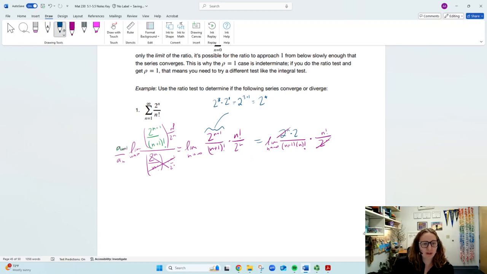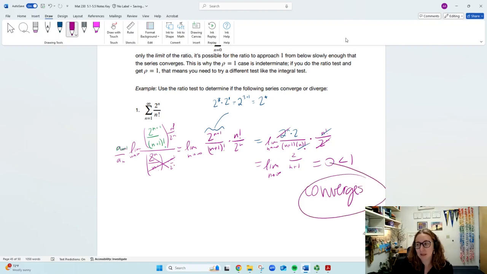And you can hopefully start to see that those will cancel out, and I will be left with my limit as n is approaching infinity of 2 over n plus 1. And sure enough, my denominator is getting huge, so I'm going to have 1 over something huge. This will actually equal 0, which is less than 1, which means that this not only converges, but it absolutely